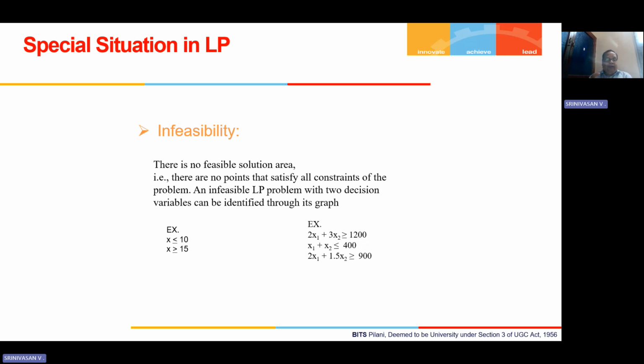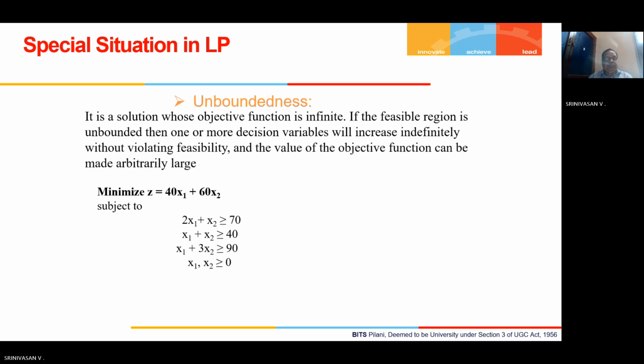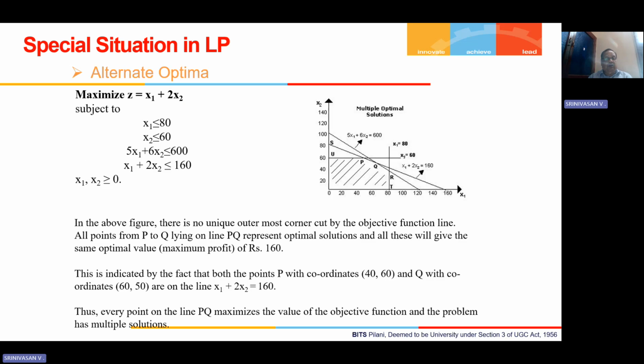And if they don't have any common region to share, that is a feasible solution space, then there are no points that satisfy all the constraints of the problem. That means there is no feasible solution. So such a case will therefore be called an infeasible solution. Therefore, it is generally called an infeasibility. Before we go to all those things, unboundedness, etc.,